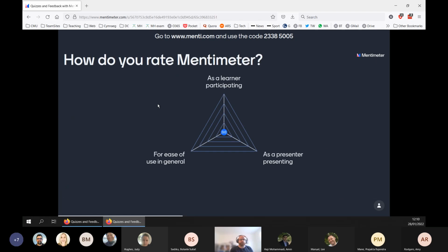Next question. How do you rate Mentimeter? So on your screen, you should see 3 statements and a scale for each. So I'd like you to rate it as a learner participating, as a presenter presenting, or for ease of use in general. If you haven't done one of those things, then there's a skip button next to each slider. So if you click on that,